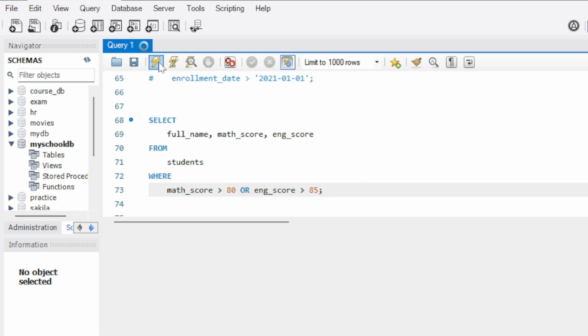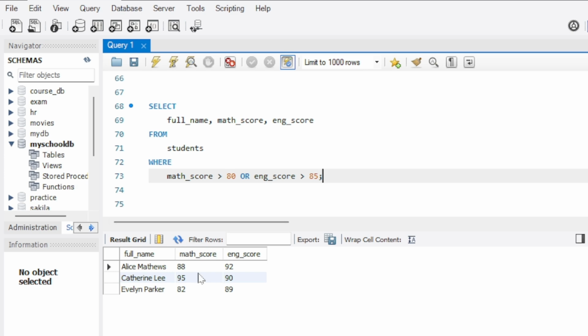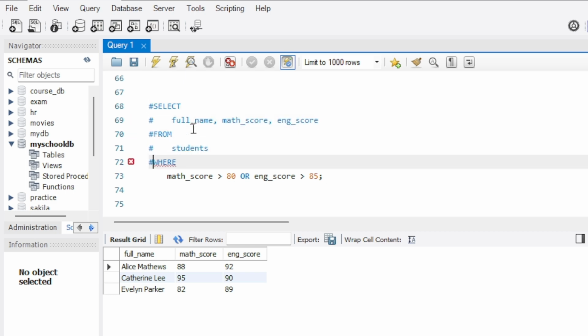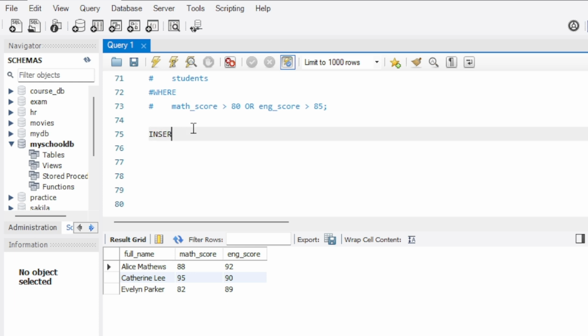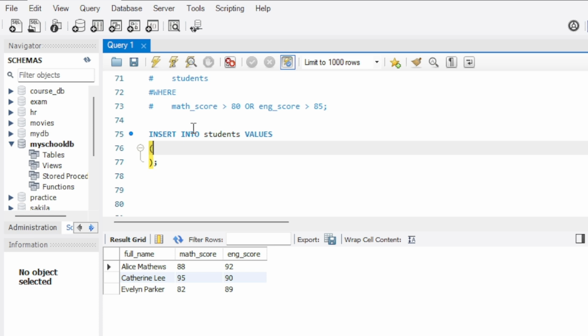So when I hit enter, you can see that, okay, I guess there are only 2 students. So let's go ahead and insert new records. We can write insert into students, and write values. Here we can write something like, let's say,